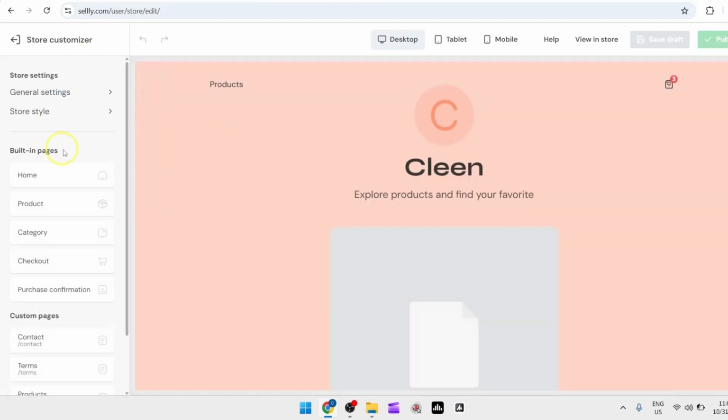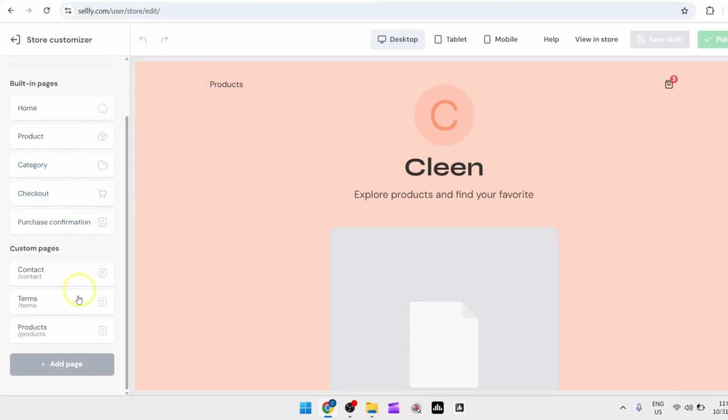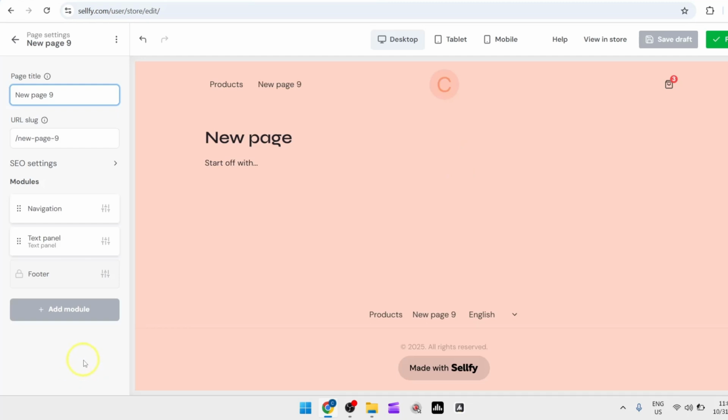Once again, look in the left panel, scroll down, and here you should be able to see the Add Page button. Just click on it to create a new page. Next is start adding details about your page. Add your page title. So the construction of this page depends on the purpose that you would like to use